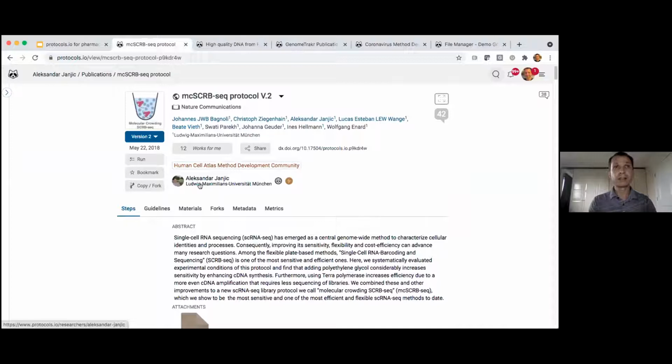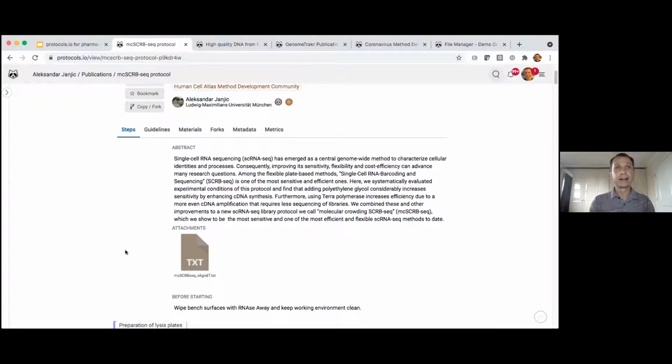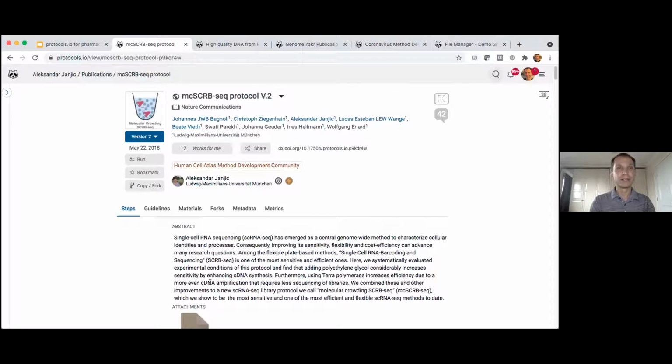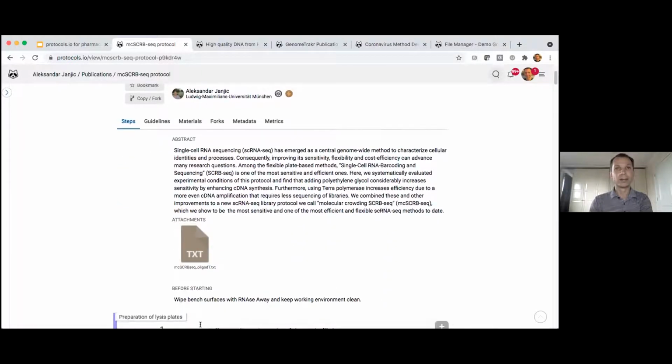And as I'm showing here, this is a public protocol, but as I said, everything starts out privately and is secure. It's confidential. It's completely up to you who you give permissions to, who you share it with, and whether it's view only or view and edit or co-administrator on a protocol. And obviously I can't show any private protocols. I don't have access to them, but this is one of the 11,000 public protocols on the platform, and the same functionality applies. So it's a good way to highlight the features.